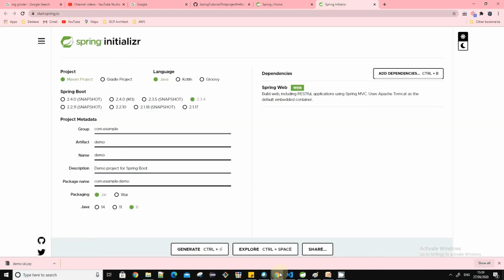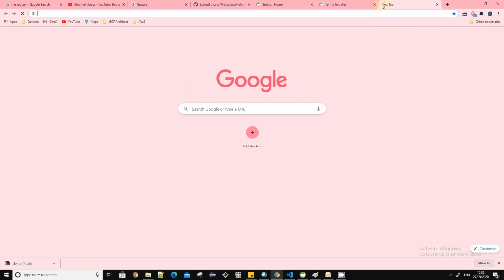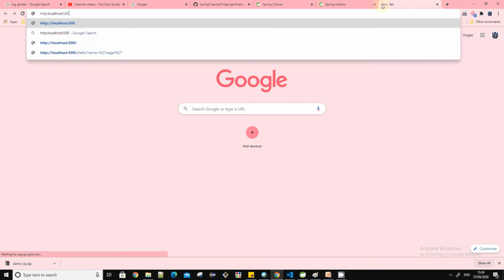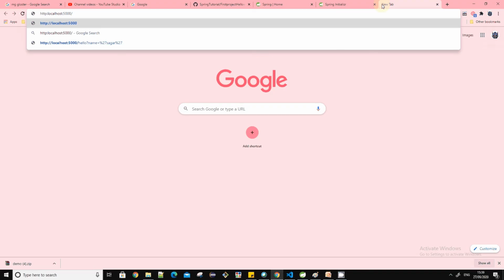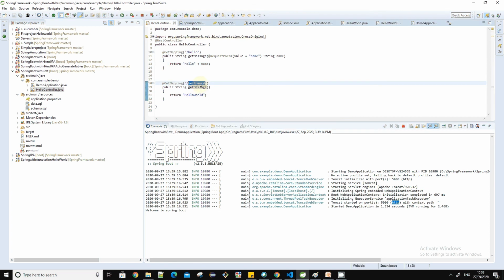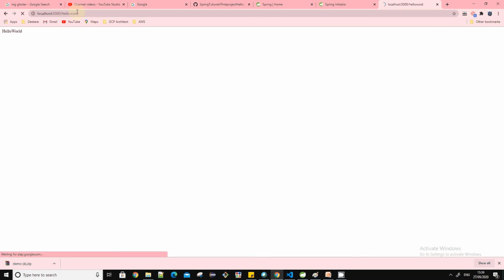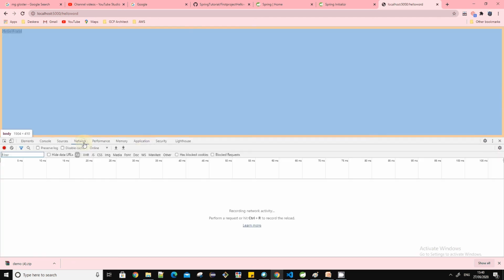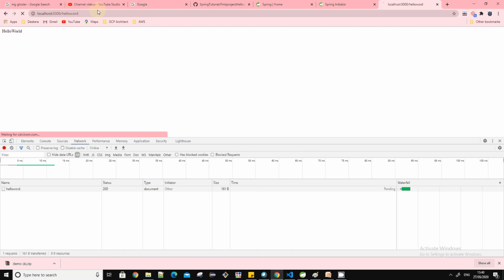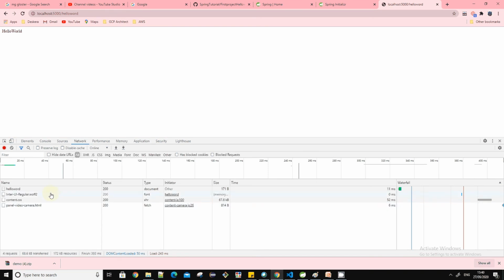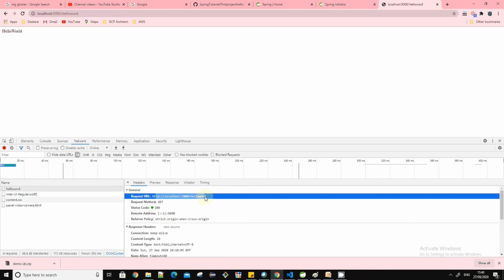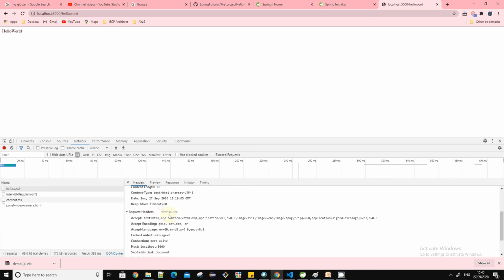So right now we'll go to the browser. Okay, HTTP, that is localhost 5000. First we'll call the first web service, that is hello world. Okay, and if you see it has returned me the result. If I go to the inspect element, if I go to the network, and if I click enter, you can see that it has called the web service here. Okay, with the localhost hello world, it has got a 200 as a response.